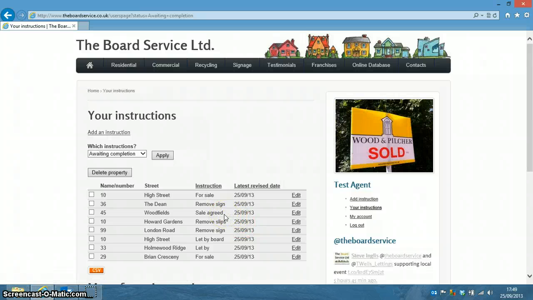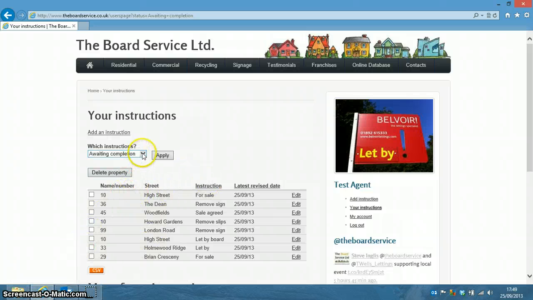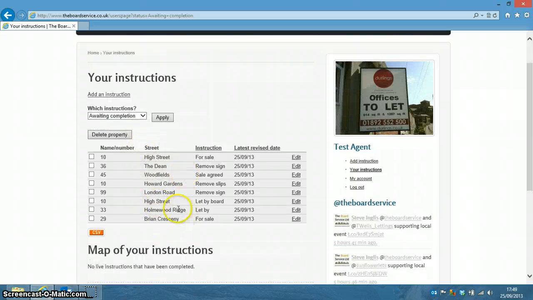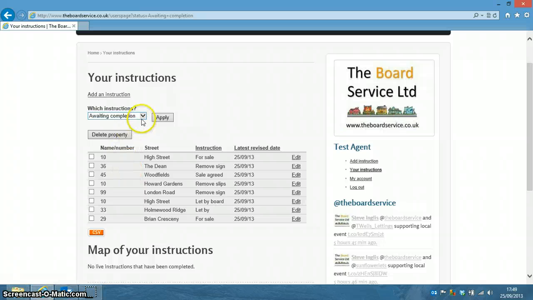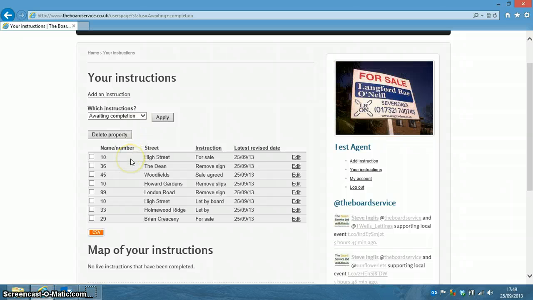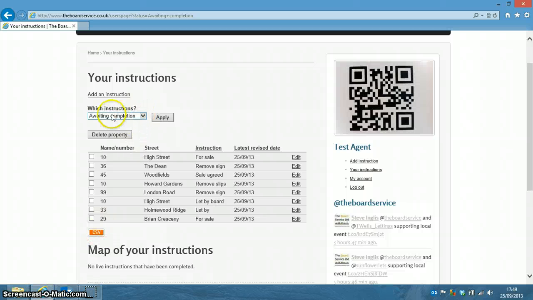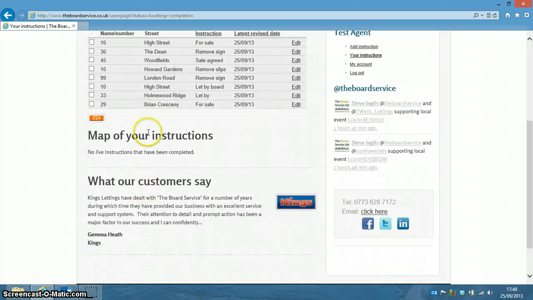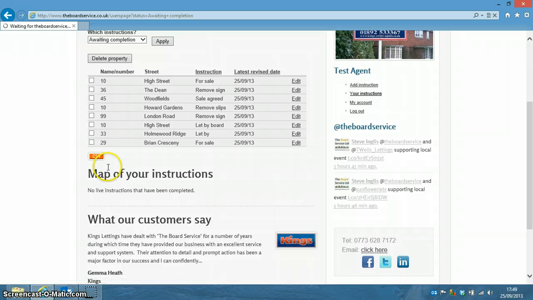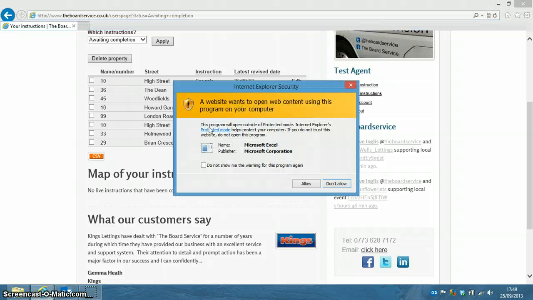And that's it really. The last sort of nicety is, I use this list because it's got more data in it. If you wanted to print out the instructions completed list, so you had an absolutely accurate record of where your boards are, when and what they're saying, you use this button. So you do this, I won't do it, but you'll pull up the instructions completed list and hopefully have a nice long list of properties. You click this button which exports it. You'll probably get a pop-up. Okay, here we go. So we're going to open it,